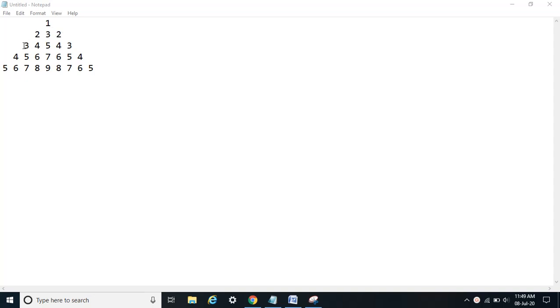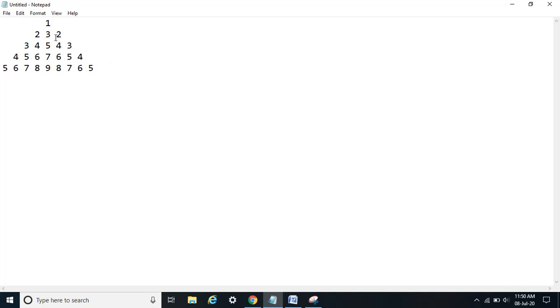It starts, increases up to this point and then decreases. Start, increase up to this point and then decrease. So this is the general pattern that it follows.